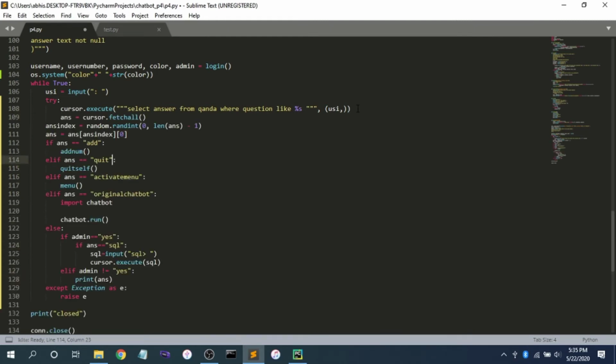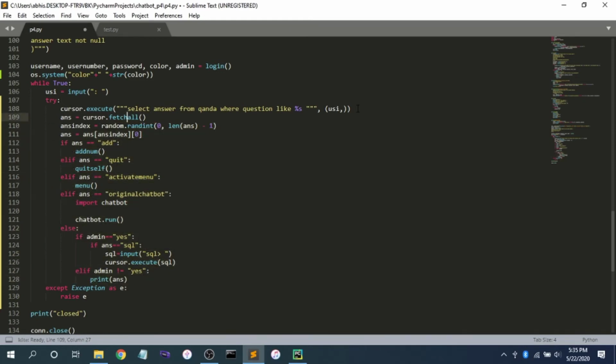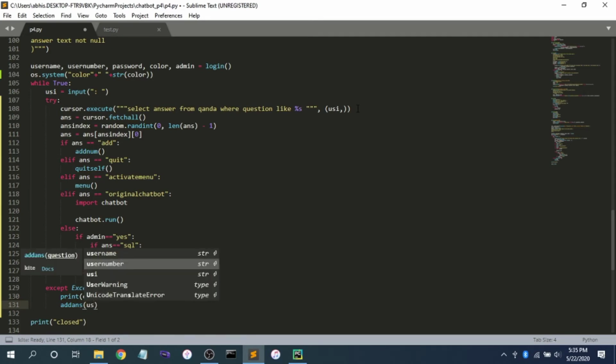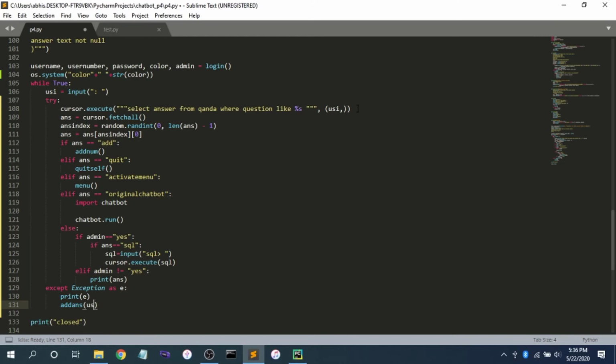Now when this raises an error, that time we want to, first of all, print the error. Print E, which is the error, and then we are going to add answer, and the question will be USI, and we'll save that. Now if we run it again,